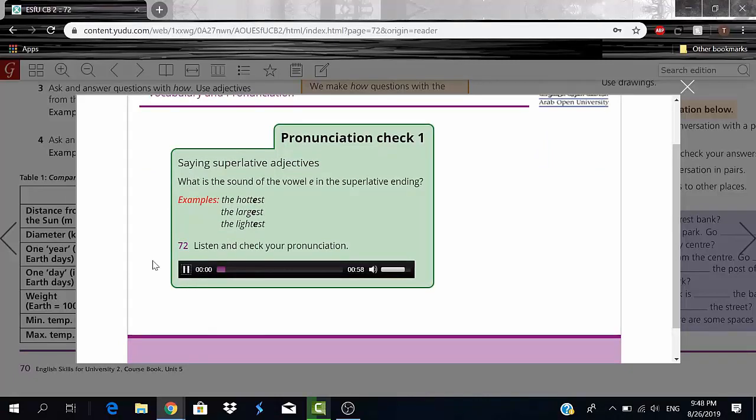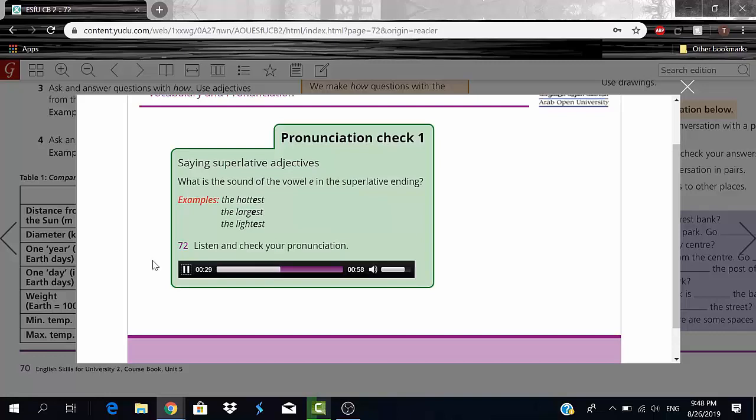72. Lesson 3. Vocabulary and Pronunciation. Pronunciation check 1. Listen and check your pronunciation. The hottest. The largest. The lightest. The coldest.